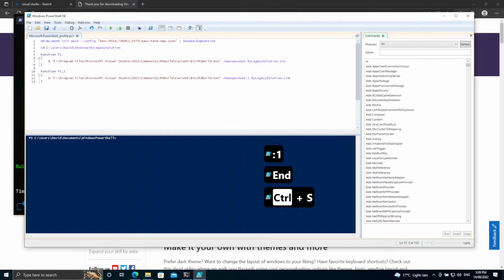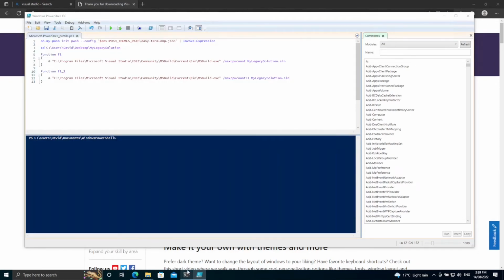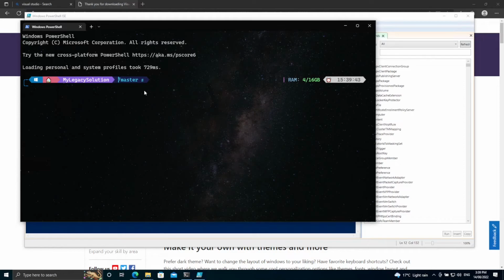Save that. So then when I do F1, I have to close that. That's the only problem, I have to open and close. Please let me know in the comments if I can actually do it in a better way without having to reload this. There was another command that I found on Stack Overflow for refreshing it. It didn't actually refresh it for me. So anyway, yeah,